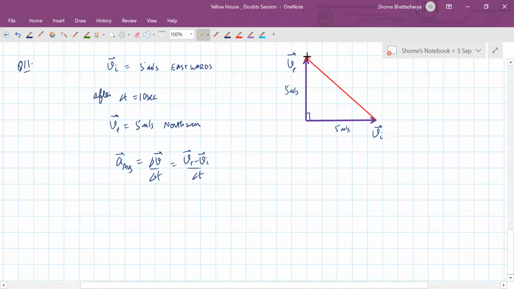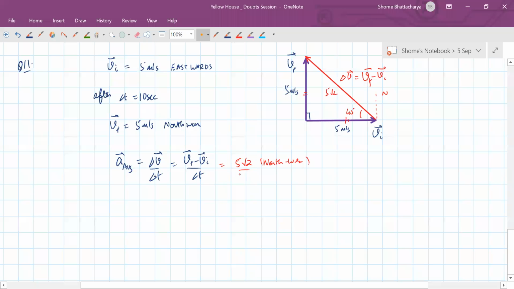This will be your change in velocity, delta V, or V final minus V initial. Because this side is equal to this side, this will be at 45 degrees. This is the north direction, this is the west direction, and its magnitude will become 5 root 2, so 5 root 2 towards northwest,